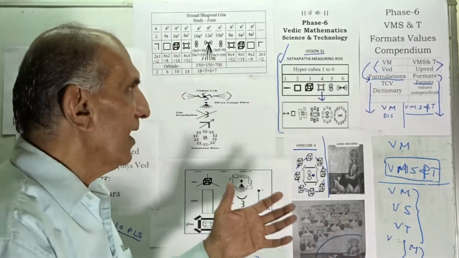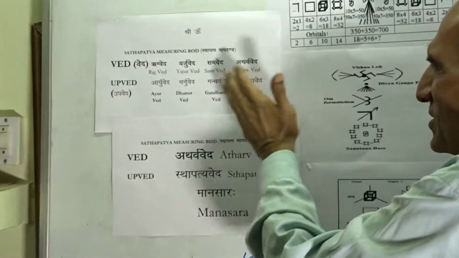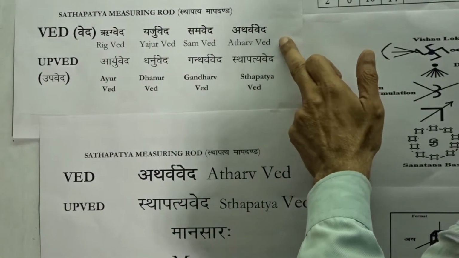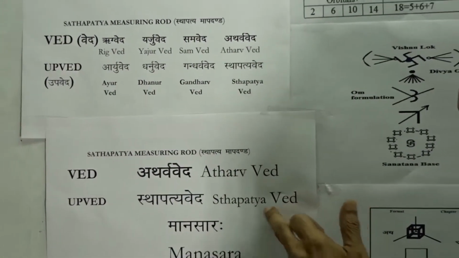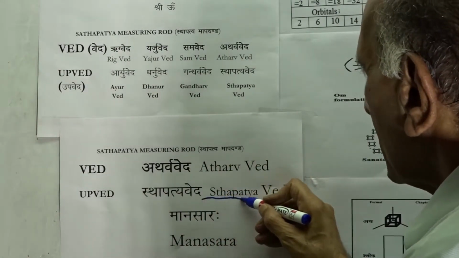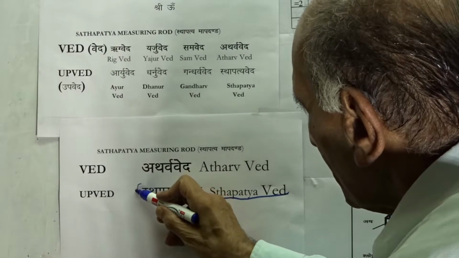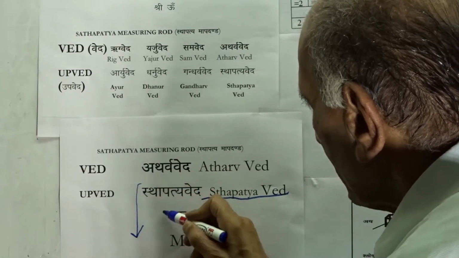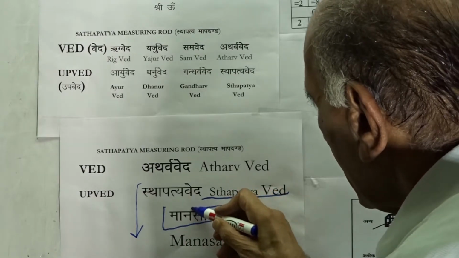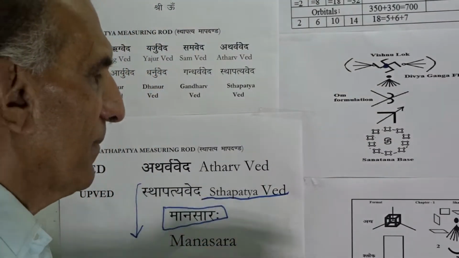Therefore, we are ultimately reaching from the Vedic knowledge, from the pure Vedas to Upavedas. So from pure values to applied values is going to be the reach. Of the Sthapatya Ved, the basic format is the Sthapatya Measuring Rod, and the scripture of the Sthapatya Measuring Rod is Mansara. This Mansara is going to be the initiation stage for the applied values. Man means Maya and Sara means